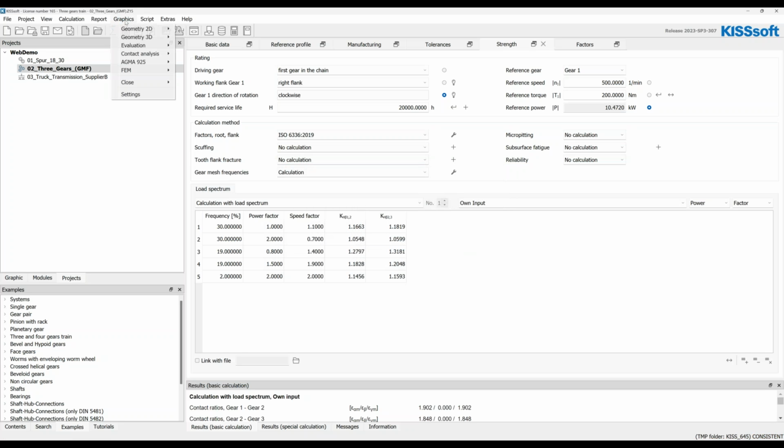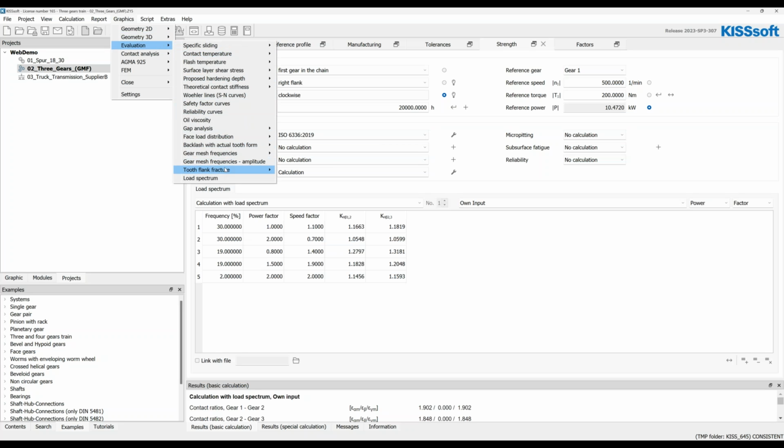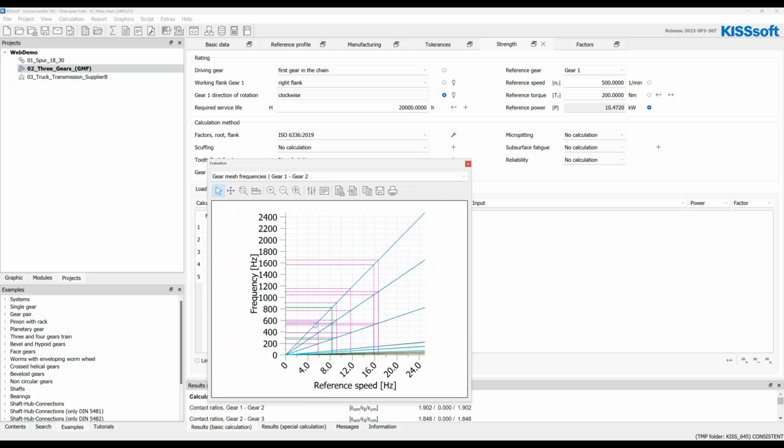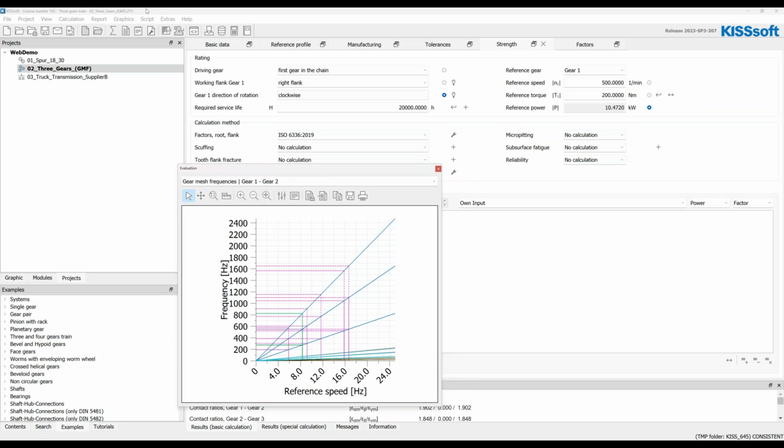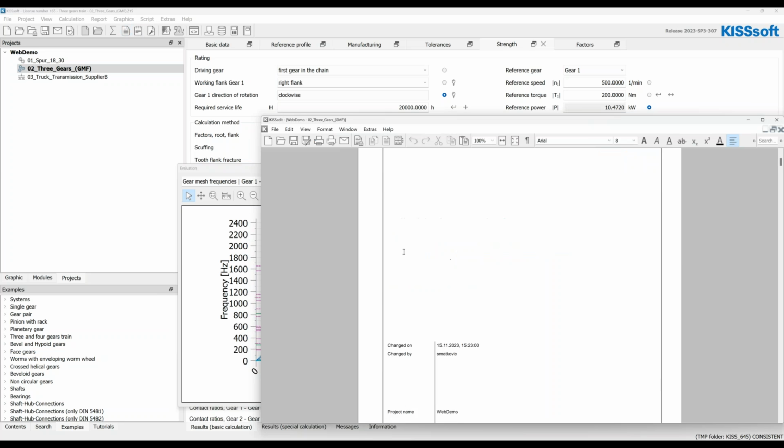If I confirm it and calculate, we can go to evaluation and gear mesh frequencies. Here I would like to emphasize that because we have 3 gears, there are 2 diagrams possible, one for gear pair 1, 2, and one for gear pair 2, 3, because the hunting tooth frequency and assembly phase frequency can be different for these 2 cases. Now, if we take a look, we can see again with the green line the nominal speed, and all the other lines show us the gear mesh frequency for these different bins. Now in the report, the results are presented in a table,